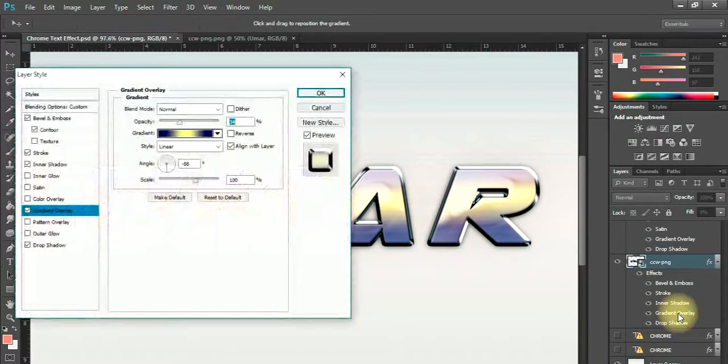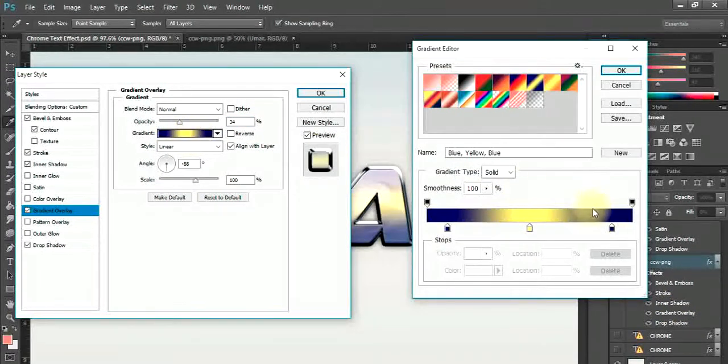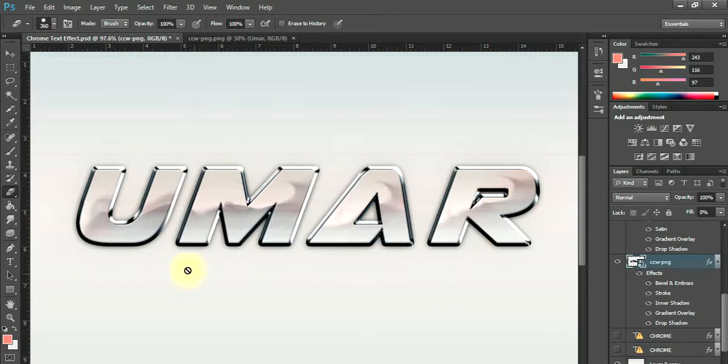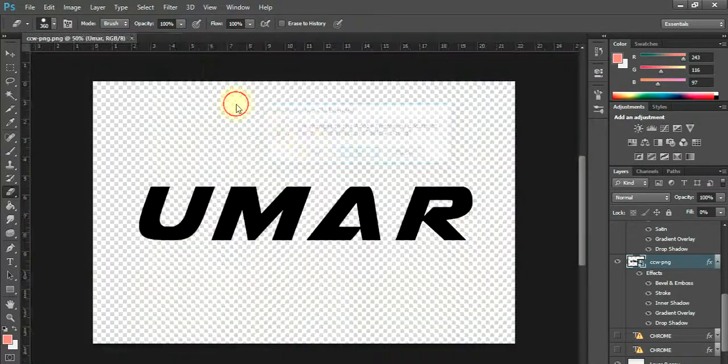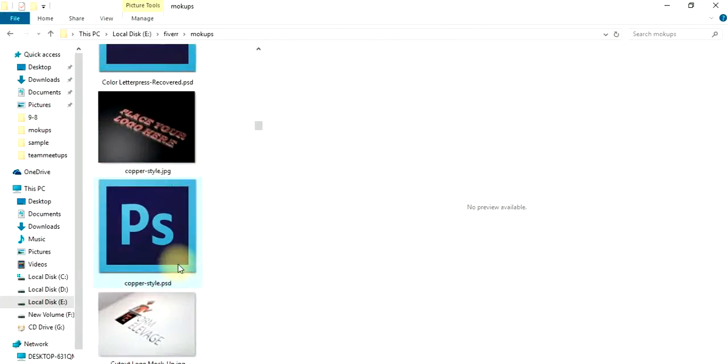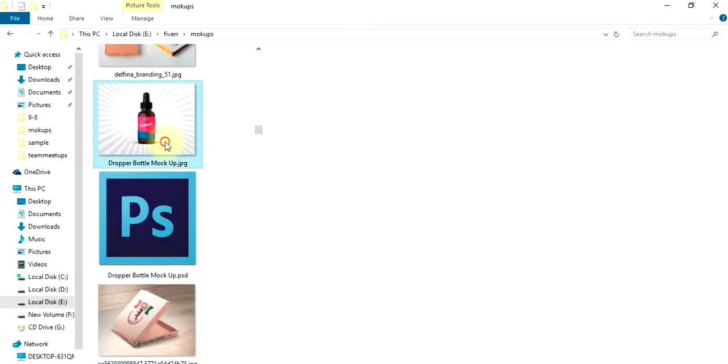So if we click on this gradient on the other file, we can see this gradient, and if we remove it, or if you do black and white and press OK, you can see the difference over here. Now it's gone a little chromic effect, I think. Yeah, chromic effect over here. So this is the story of the mockup. We can save files, and we can give these files to the